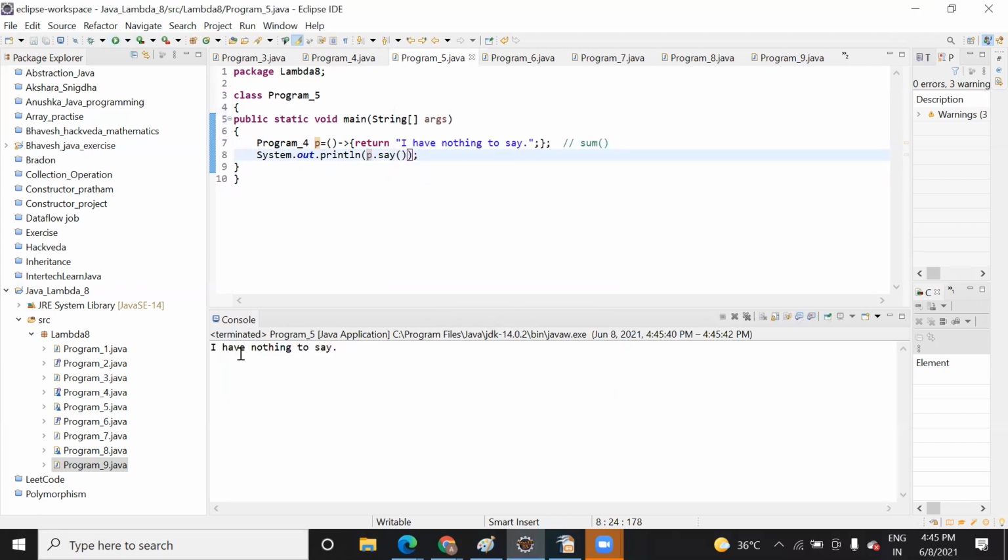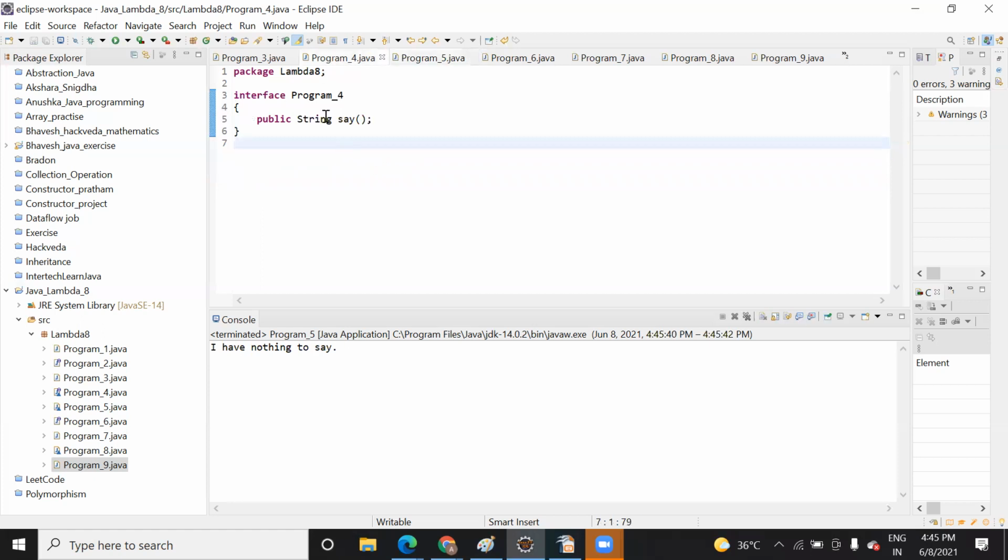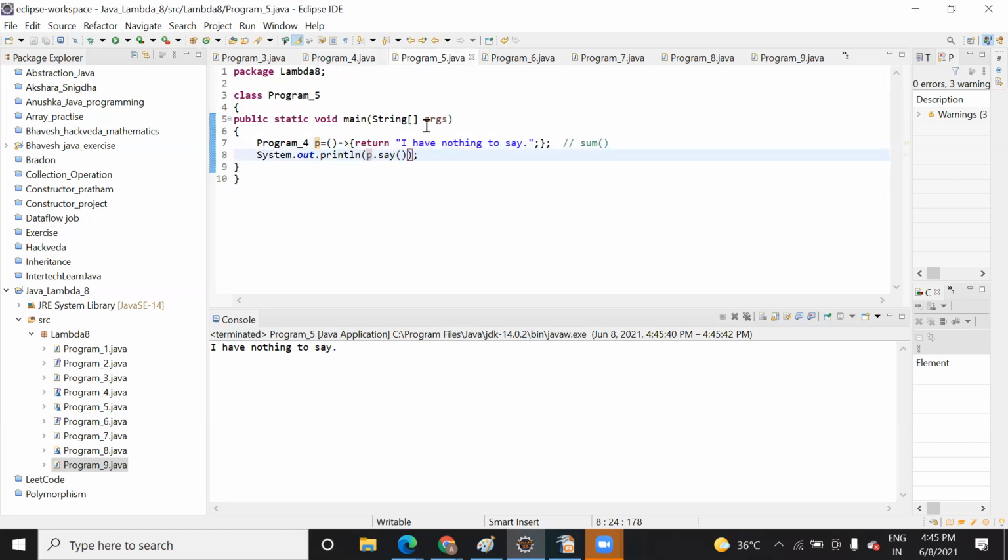So see, it's printing I have nothing to say. And when it calls p dot say, so the say function, you can see it here, doesn't have a body, and the body you are providing here to this object. Are you getting it? It means that if suppose this is an object p, then inside this object p you will assign this value.